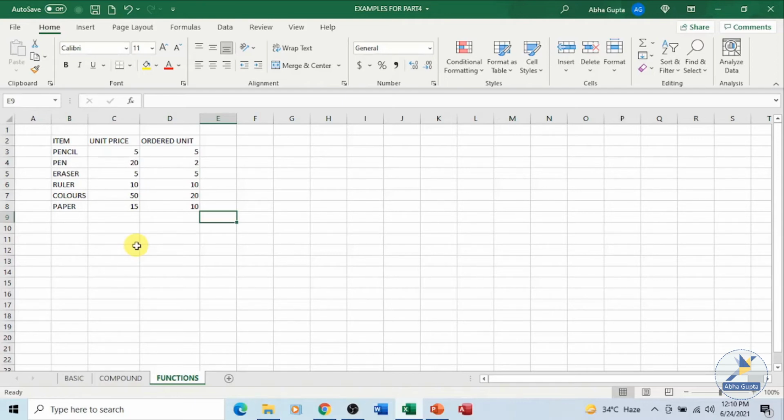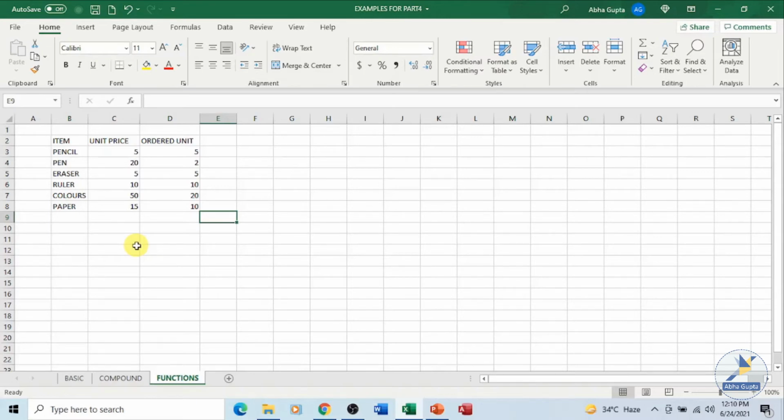That was our choice, which cells we wanted to include. Here in Excel, there are certain inbuilt functions available which make our task easier. We simply have to use those functions, supply the values to those functions, and we will get the answers.